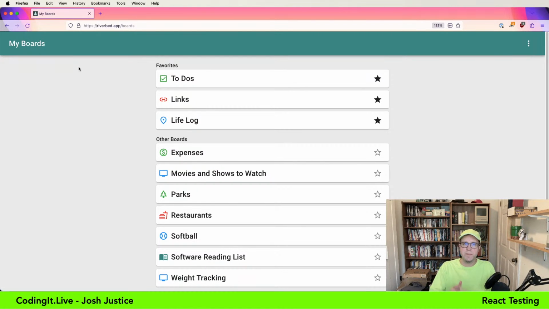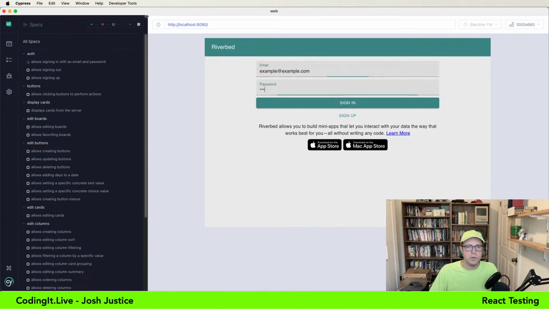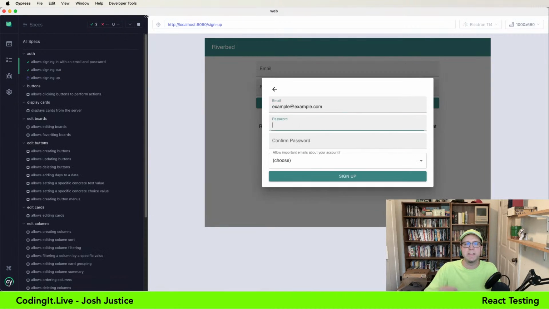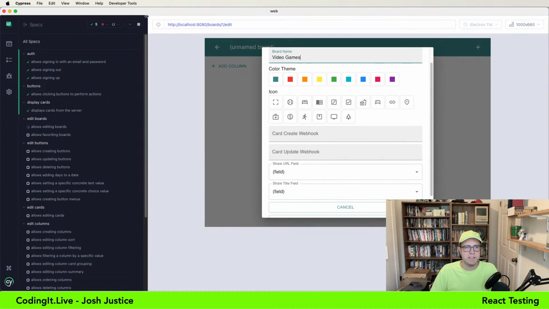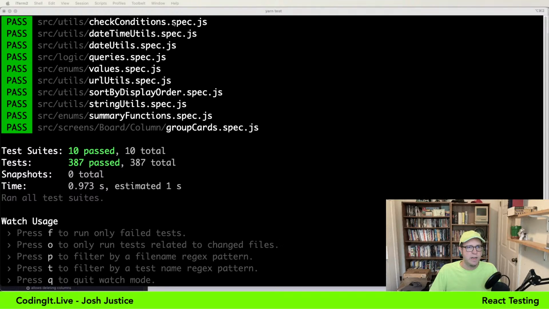And today on the web, we're going to be adding React test coverage. And let me show you why. So I have a Cypress test suite that pretty thoroughly covers the app at an end-to-end testing level. And so it goes through the main cases of the application there. I also have some unit tests. And as you notice here, well, I don't know if you can notice from the file extensions, but if you look, this is the utils folder, this is the enums folder, logic, and a utility function inside a screens folder. But I'm not actually testing the individual components. So I don't have detailed unit level test coverage for the individual components.